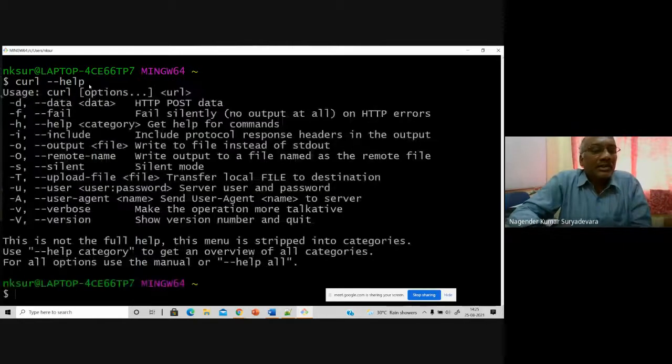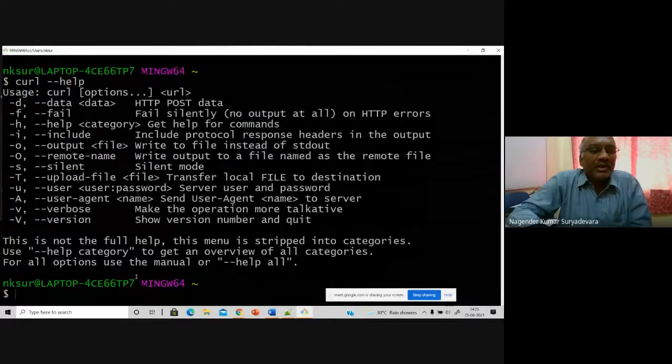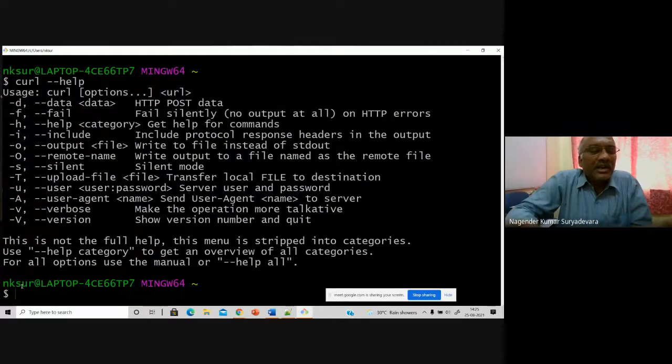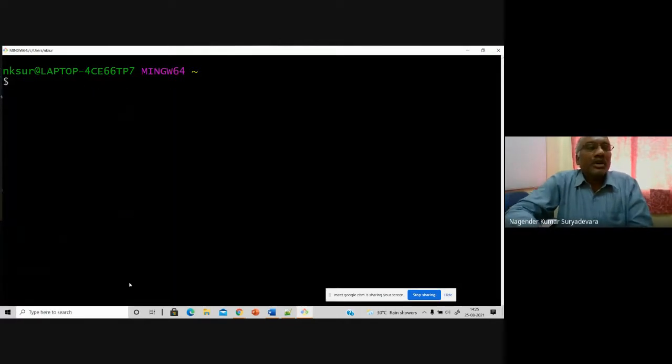So you can issue the commands here as well, like this. You can see the curl command. You can easily run it on Git Bash. This Git Bash is nothing but a bash shell. You know, in operating systems, you know what a shell is. There's a shell prompt, and this is similar to that. Of course, you can see the dollar prompt here. So let me just clear it right now.